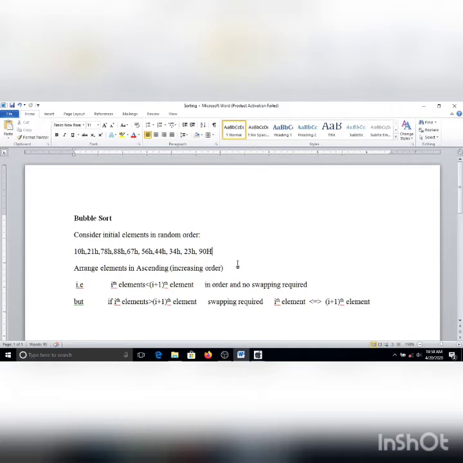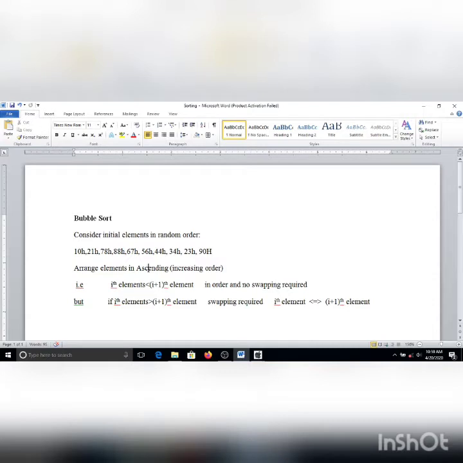Let us understand how bubble sort works. In bubble sort, if I am dealing with the ith element, this i can go from 0 up to the second last element, and the ith element is compared with the very next element. So we are comparing any two sequential elements, up to the last two. When we compare two consecutive elements, we check whether the previous element is less than the very next element.